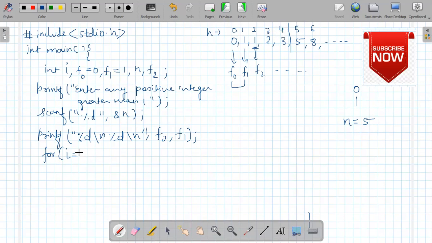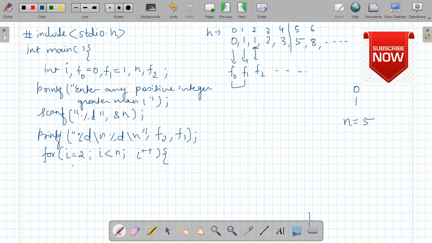So what we'll do is we start from i is equal to 2 and we put here i less than n. So when i goes up to 4, it will work. When i goes up to 5, it will exit from the for loop. Okay, so we put a strict inequality here and increment the value of i. Starting bracket of the for loop.